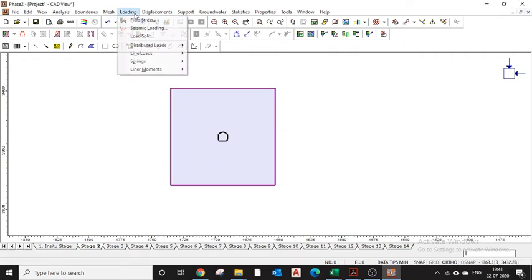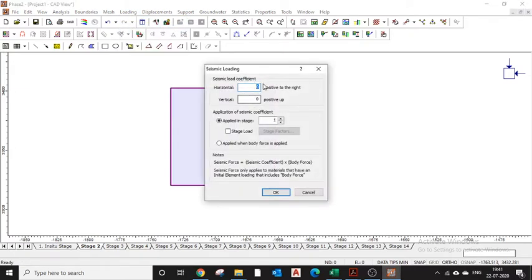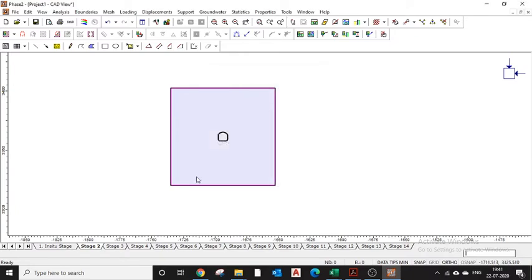Now in the similar tab I have seismic loading, so whatever your AH and VH are, you could just insert here and you can apply at the stage whatever you want. For now I won't be analyzing any seismic case.